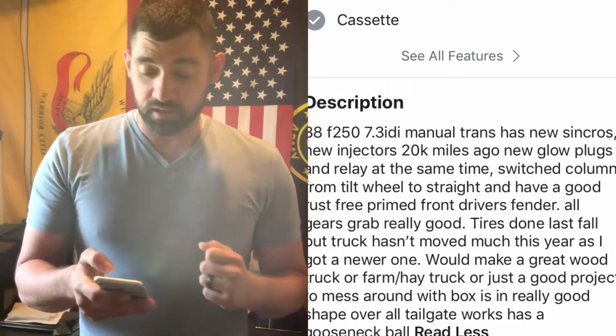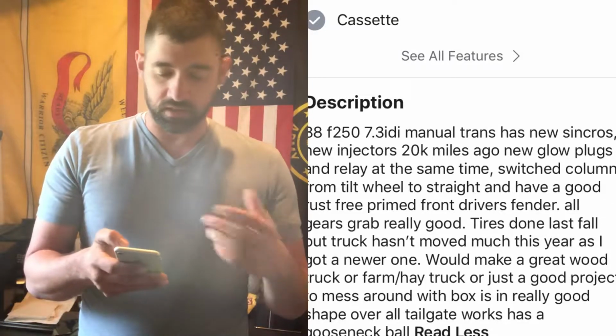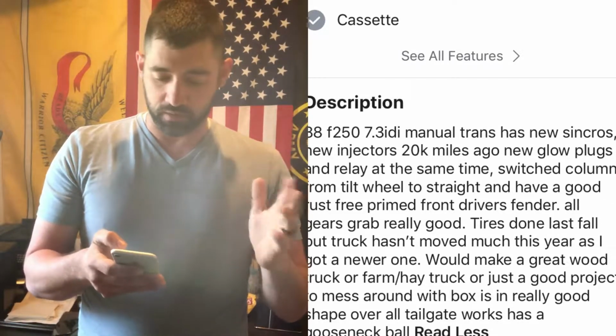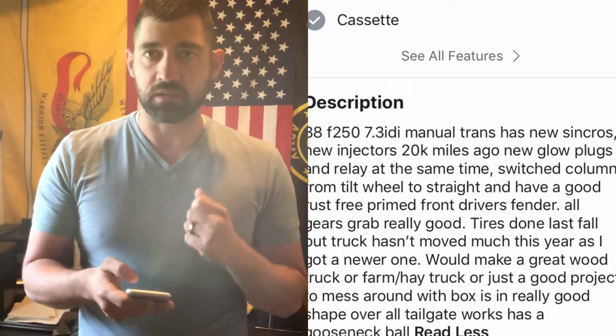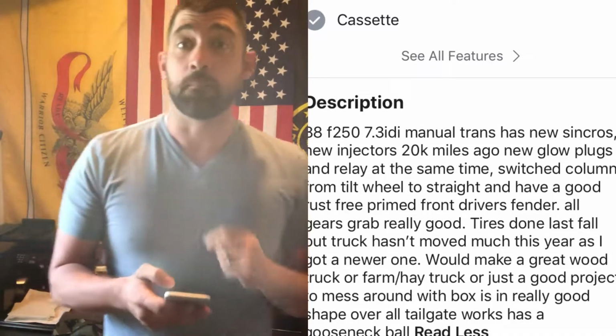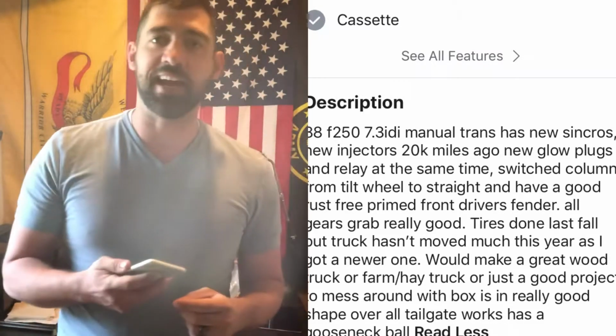All gears grab really good. The tires were done last fall. Truck hasn't moved much this year, as I got a newer one. Would make a good farm hay truck, good project, whatever. Then he goes on to say the box is in really good shape, the tailgate works, and has a gooseneck ball. Now, there's going to be a few things you're going to see that are wrong with this ad,